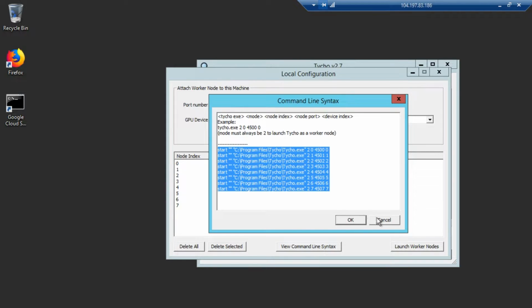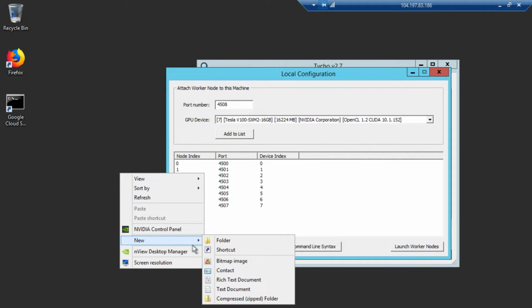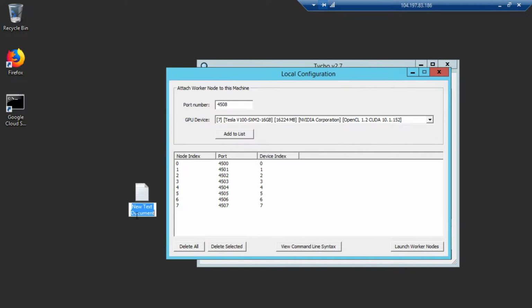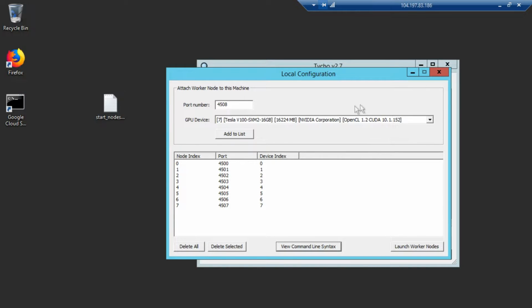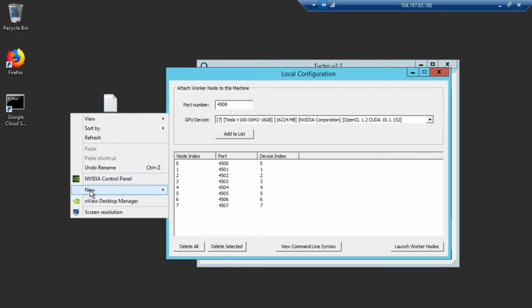So I can copy and create a new batch file here. So let's see, might as well give it a more meaningful name. So anyway, if I copy those commands into a script,